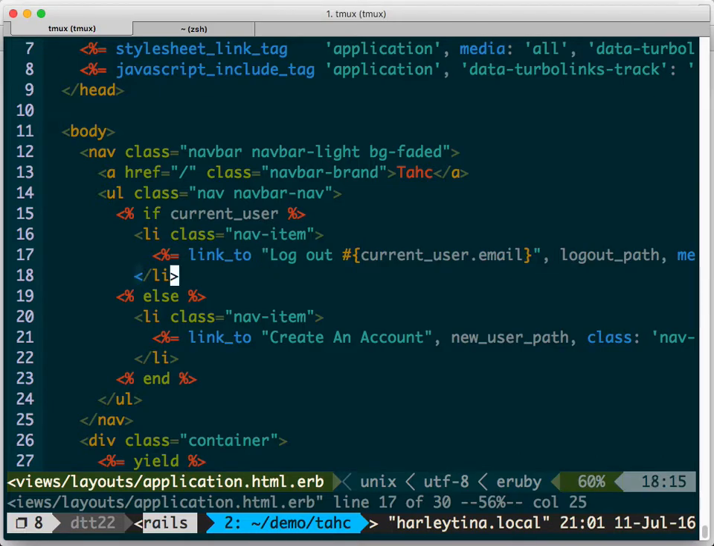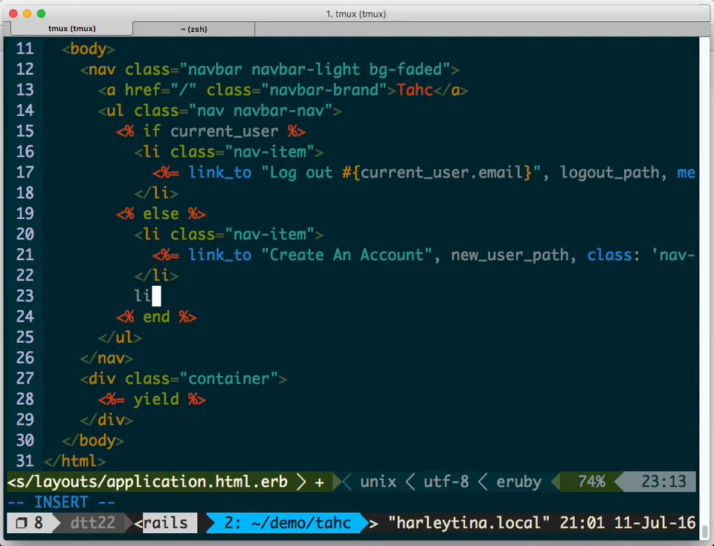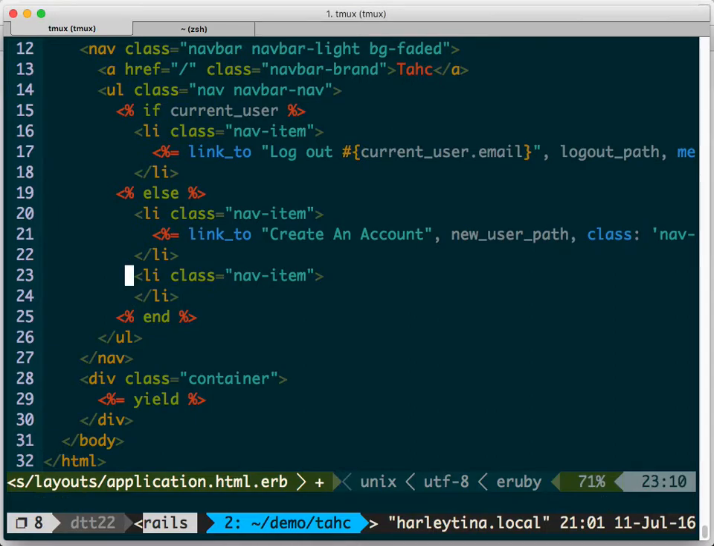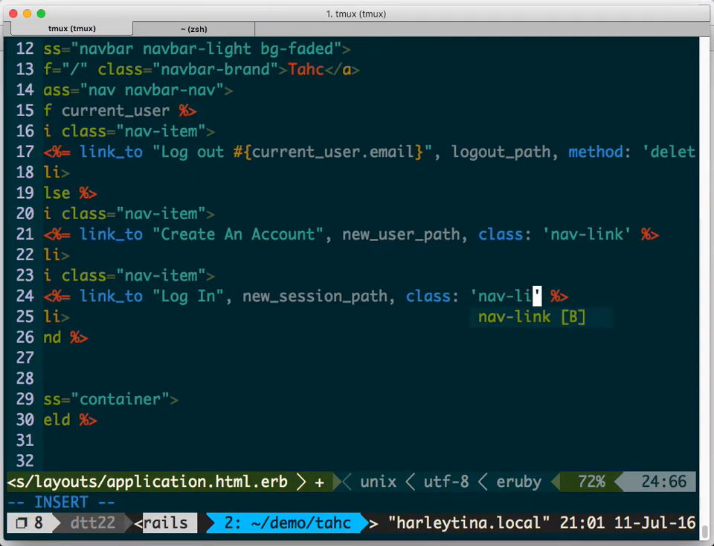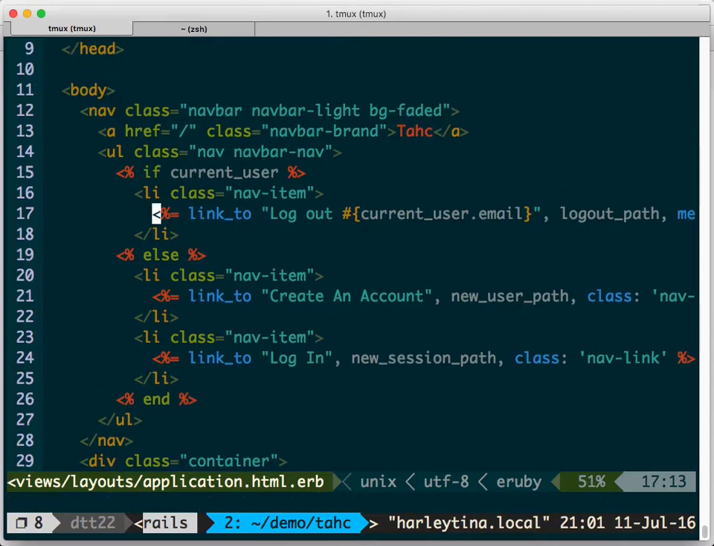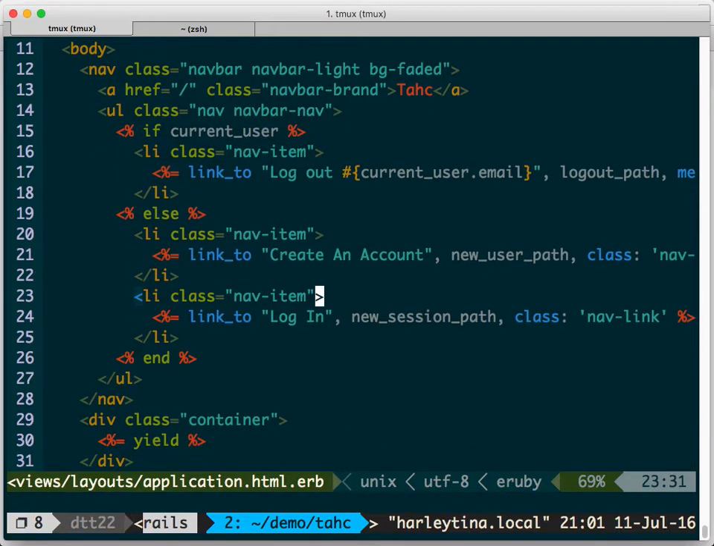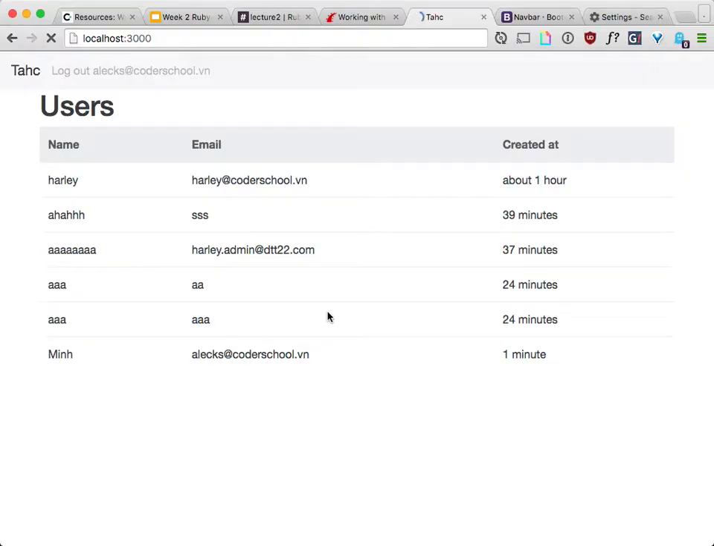Now, if the user is not logged in, now you have another option. What is it? Log in, right? So link to log in. Where do you go? New session path. Nice. Nav link. Okay. And maybe log out, destroy. Is that it? Yeah. So maybe if I refresh this, if I log out,